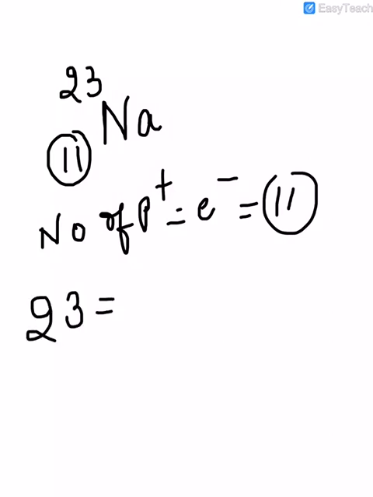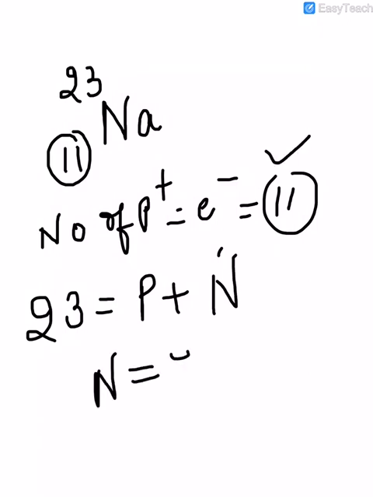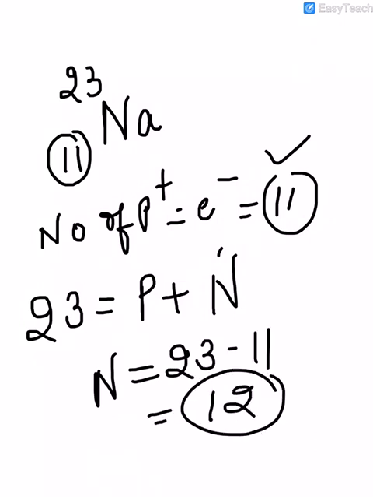Now the mass number is equal to the number of protons plus the number of neutrons, right, and the protons are 11 in number, so the neutrons will be 23 minus 11, that is 12. It is not necessary that the number of protons should remain equal to the number of neutrons, but the number of protons should remain equal to the number of electrons due to the neutrality of an atom, right. We can also take many examples like chlorine, fluorine, boron, carbon. In this way we can calculate the number of protons, neutrons, and electrons, right.